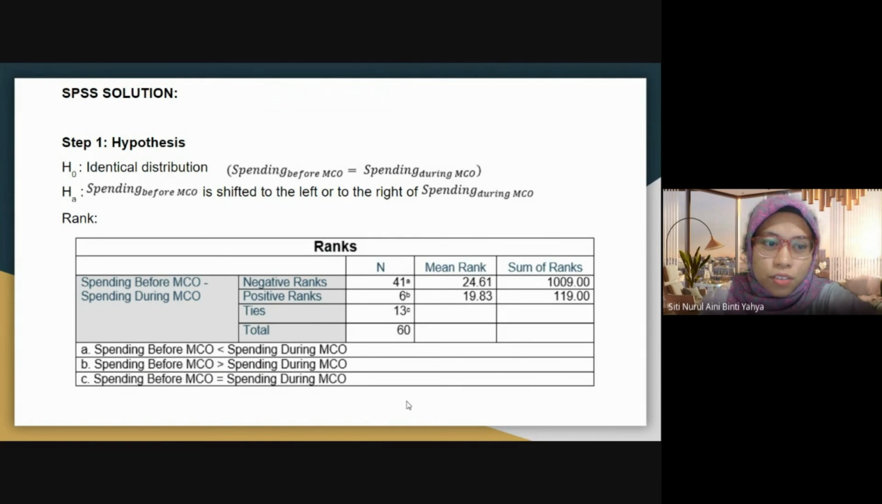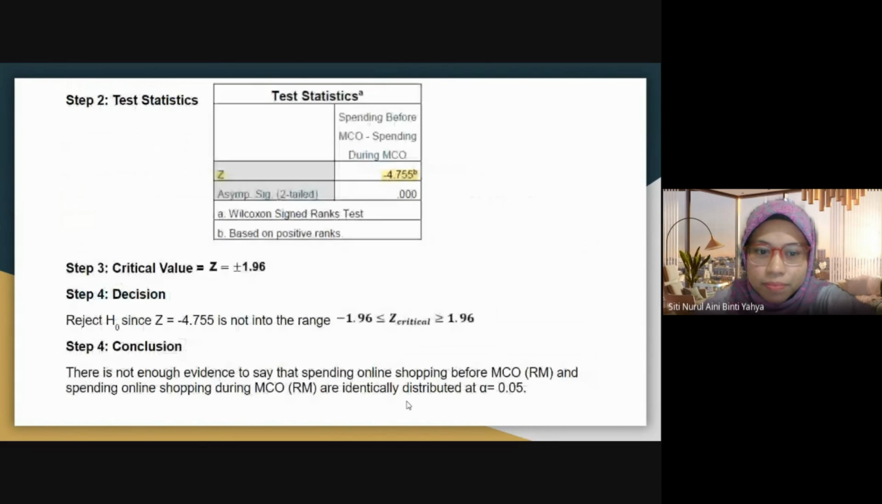For the SPSS solution, step 1 hypothesis, same as the previous manual solution. For the rank, SPSS sum of the rank is the same as the manual solution. Sum of negative rank is 1009 and positive rank is 119. Okay, next. Step 2, test statistic. From SPSS, Z is negative